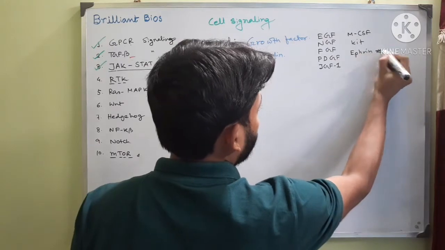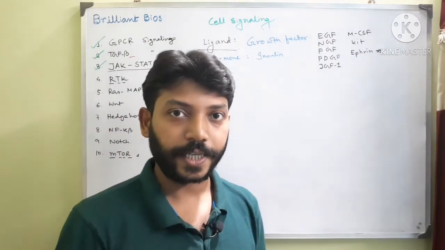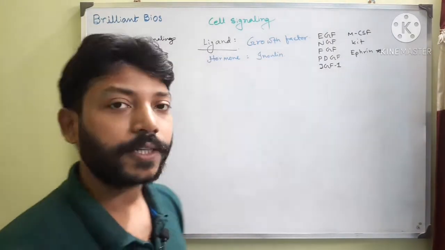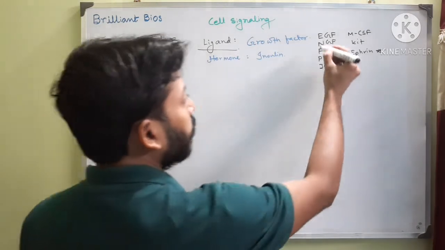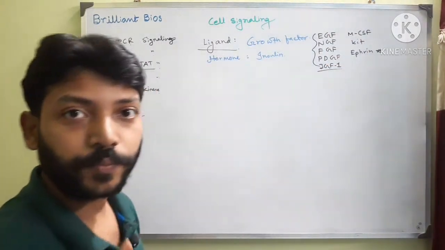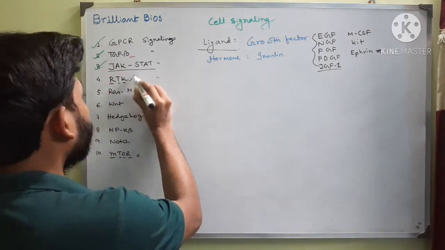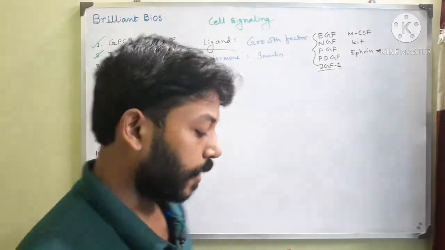This is a very important thing I will mention in a separate class. Ephrin is a juxtacrine molecule that helps in the migration of nerve cells. So in this class we will learn about these growth factor proteins. They are very important in the RTK pathway. So in all these cases, in the RTK pathway, the receptor,